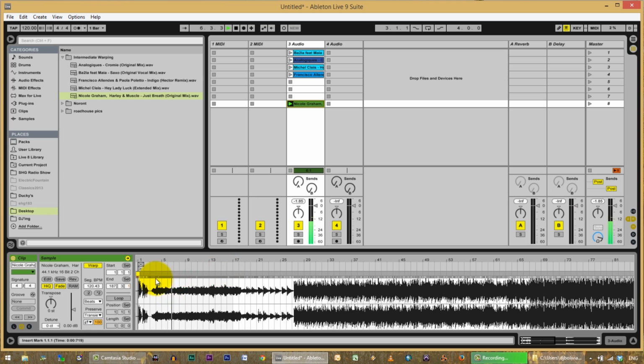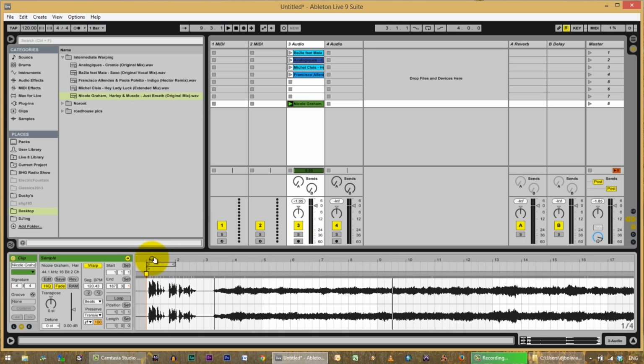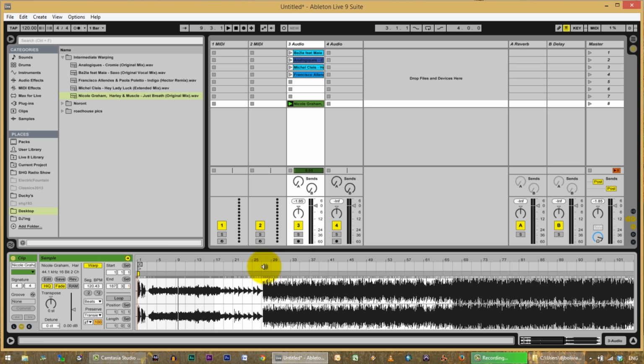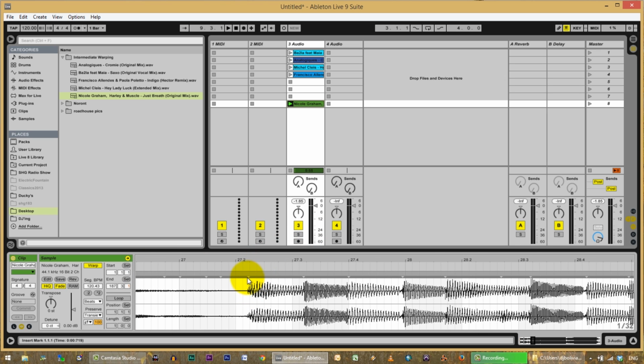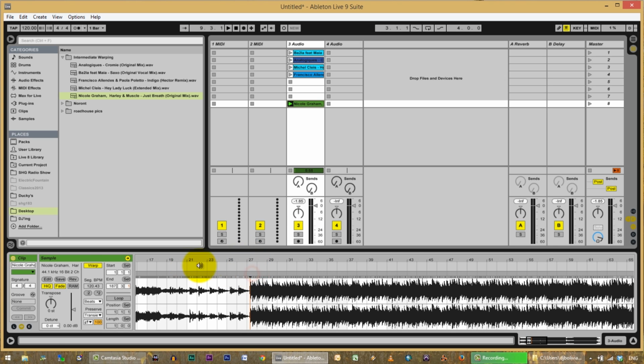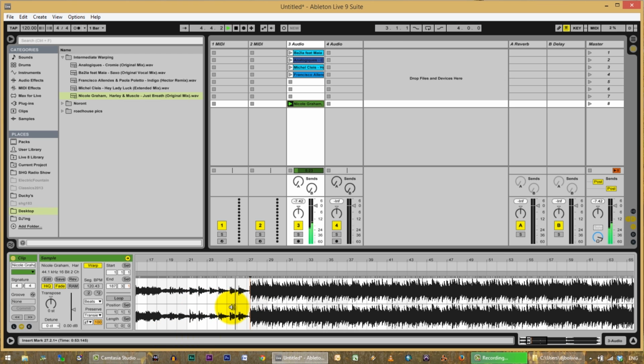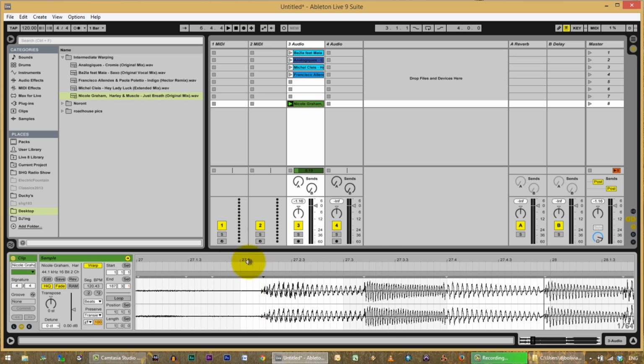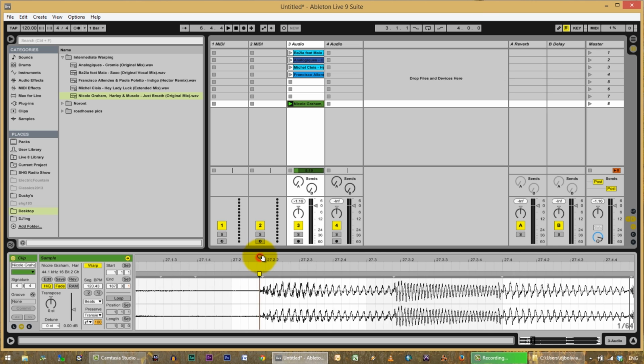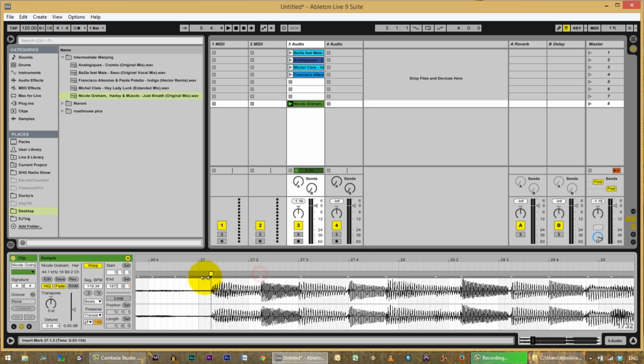Okay, this is a little tricky because there's no obvious beats that you can work with. Okay, well, so what are we going to do? Well, let's look for the start of the very obvious beats. Maybe right there. Okay, I didn't need to put a warp marker there, but let's play and see what happens. Yeah, that seems right. So if that's the beginning of a bar, what we'll do is we will slide that over there,